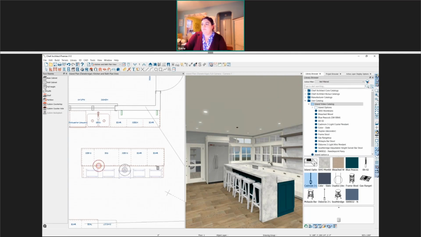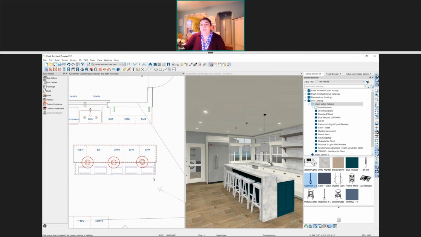So if I place them a little off center, we can use our center object tool for this as well. So I'm going to select a pendant, use my center object to just center the pendant right over top of that line. And I can even control select multiple objects, and we'll center them right over top of this countertop here. Okay, so that's an easy way for us to get these placed exactly in the center of where we need them to be.